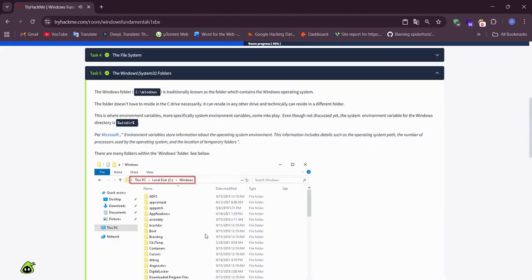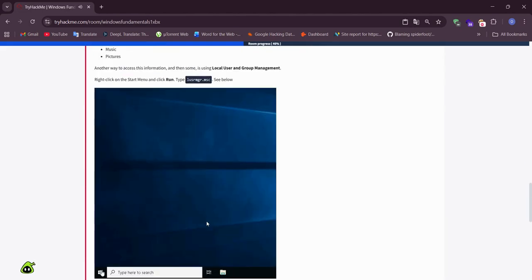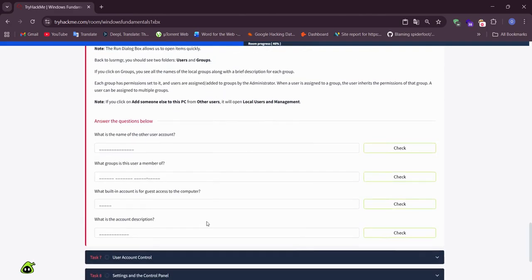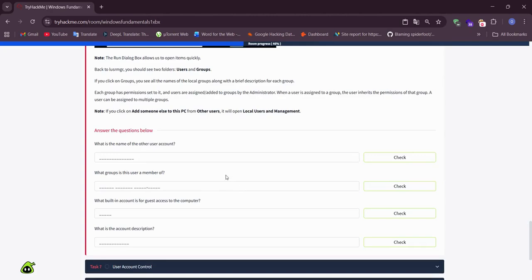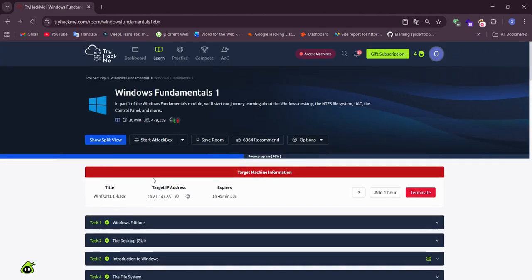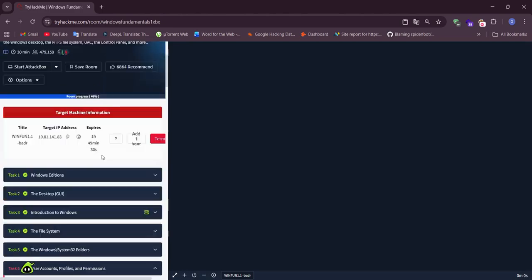User account profiles and permissions. What is the name of the other user account? Okay. Open the virtual machine.